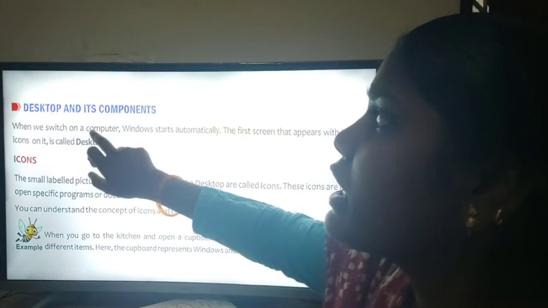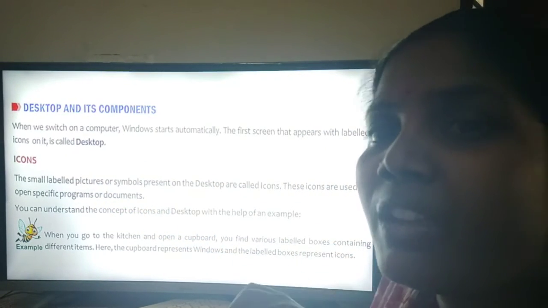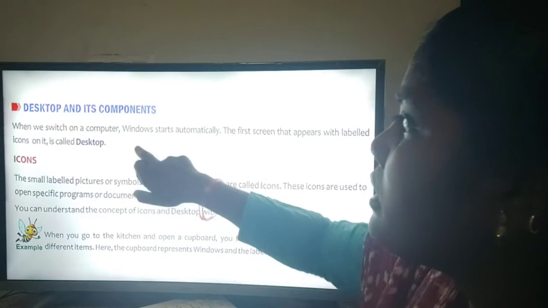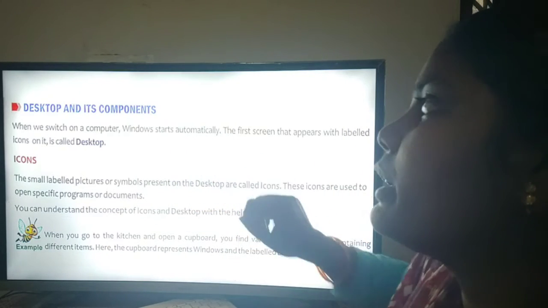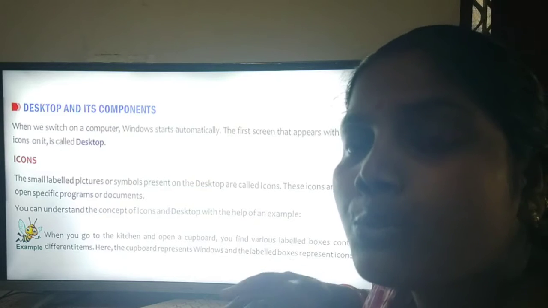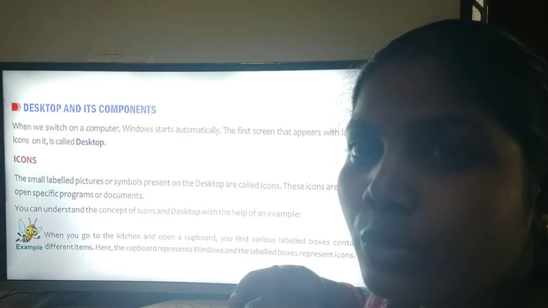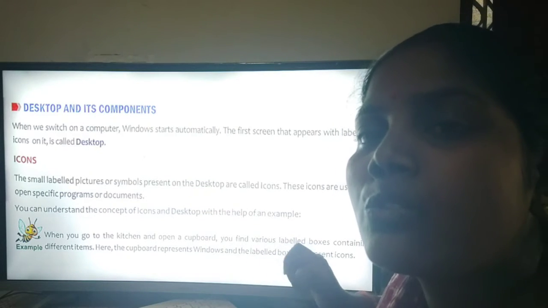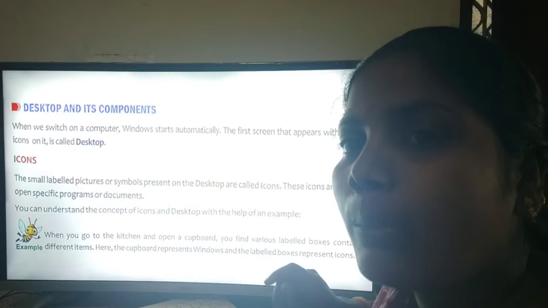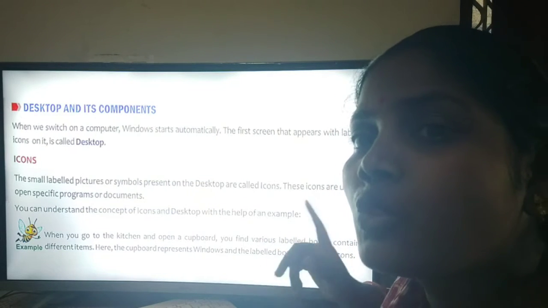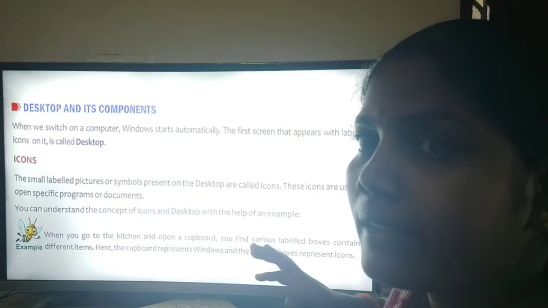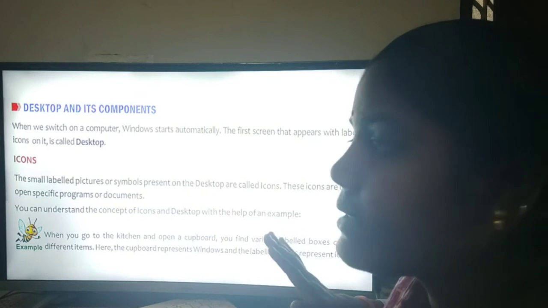When we switch on a computer, Windows starts automatically. If you have a computer or laptop at home, you just switch it on, and Windows starts working automatically.